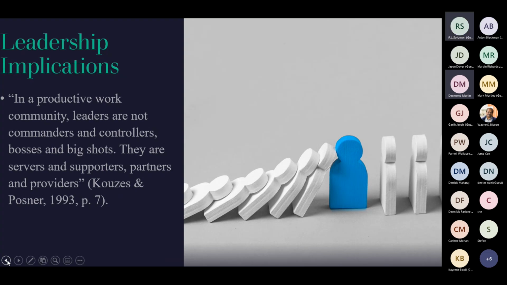Right. So from the text, leaders in teamwork settings are also facilitators of team learning. They provide things for the team to actually learn and come together. So in that essence, the server and supporter role. Next slide.